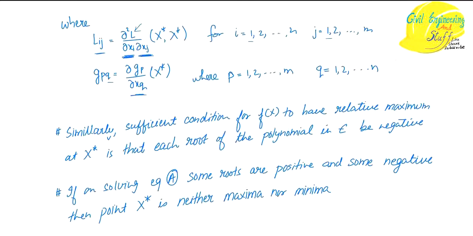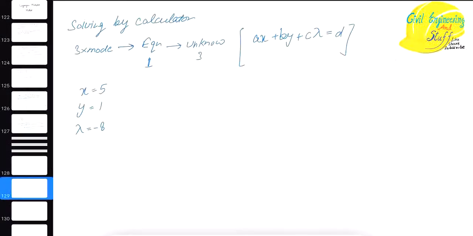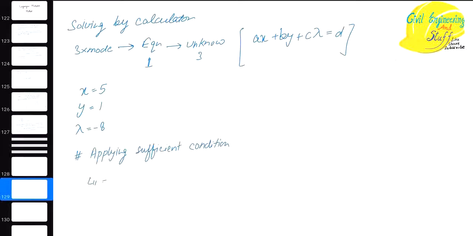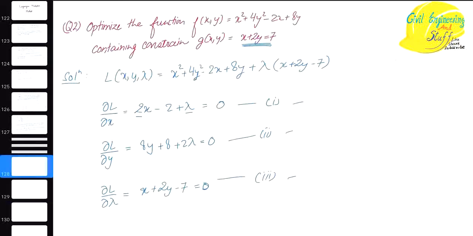Since in our equation we have variables in the form of x and y, so here we will have x and y. So let's apply the sufficient condition. For L11 we will have d square L by dx square. If you are getting confused, just remember you have to first take equation 1 and differentiate it